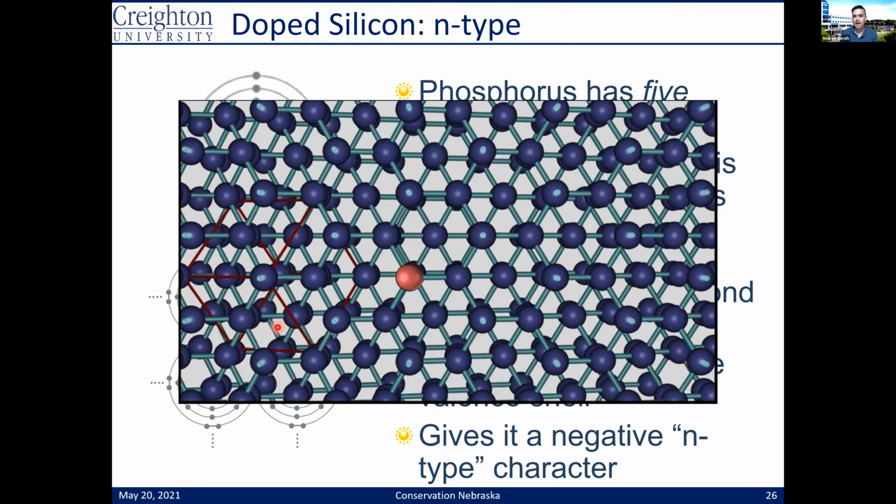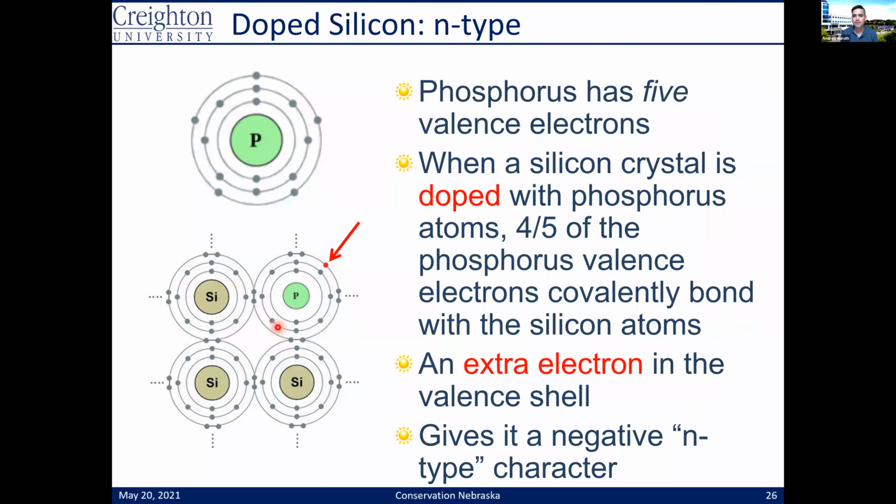But we're going to sub out one atom. And this is one atom out of maybe millions, maybe even billions. And so that one atom is not going to change the crystal structure at all. In fact, that one atom is going to be like, I'm going to pretend to be a silicon atom, and I'm going to look like a silicon atom. I'm going to behave like a silicon atom, and I'm going to sit right in the site where a silicon atom should be and pretend to be a silicon atom. So the first imposter I want to introduce you to is the phosphorus atom.